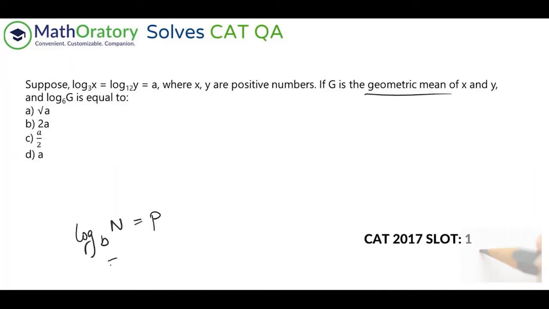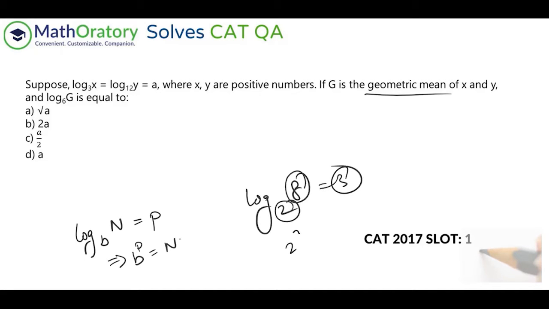This implies this. All you have to do is understand this. I mean, any property of log is also based on this idea. This is the basic definition of log. When I have something like this, it's basically asking me a question. The question is, what power of 2 gives me 8? So this is the power basically. So you have 2 cube is equal to 8, right? So that is the implication.